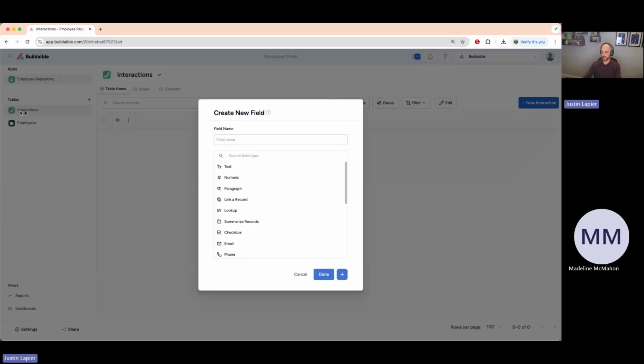Okay, so now interactions, you can see over there, and it immediately took me into creating a new field. So not only do we want to speed up the data when you're using the application, how quickly you get it and how quickly you can work, we want to do the same thing with the development process. We want to save you time in the development process. We don't want you to have to click create new table and then go into adding fields, with multiple other clicks. By popping this window up right here for you to create your own fields, it saved you probably